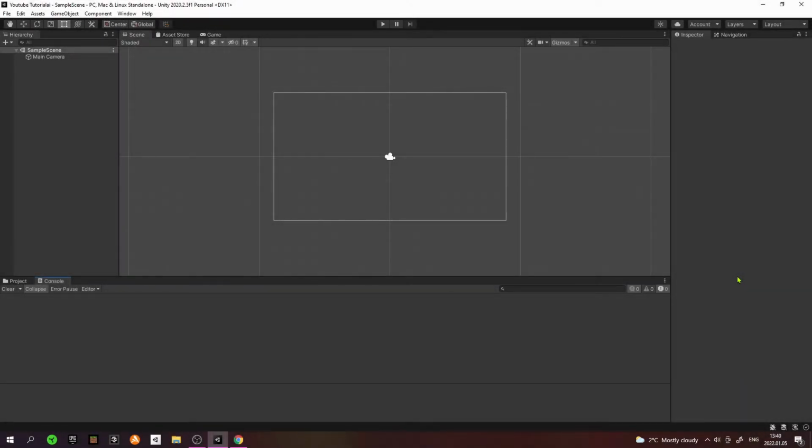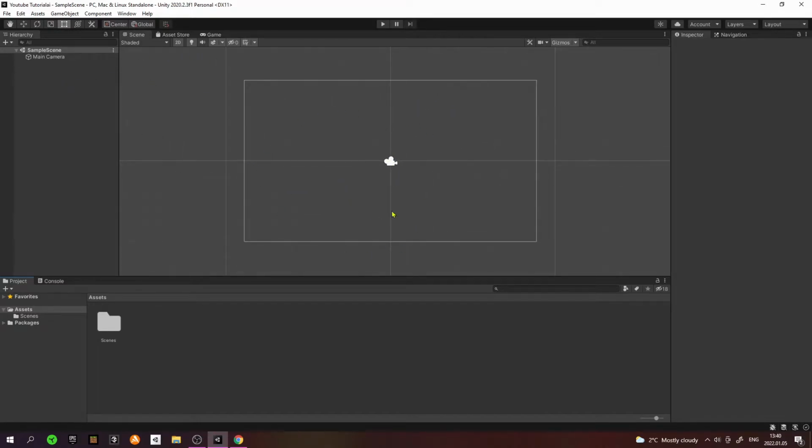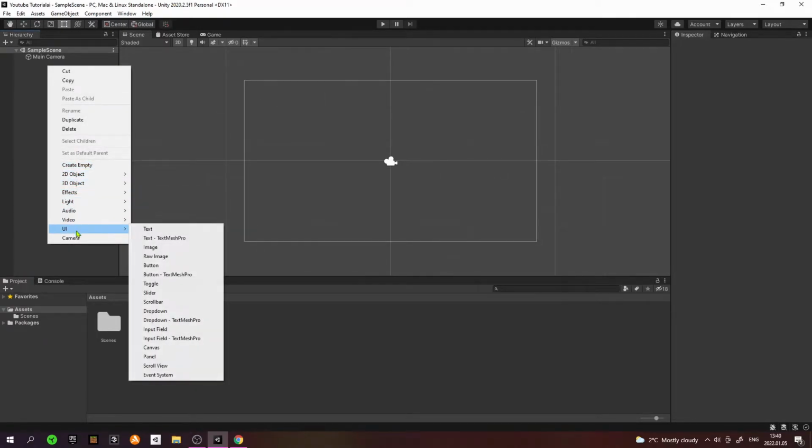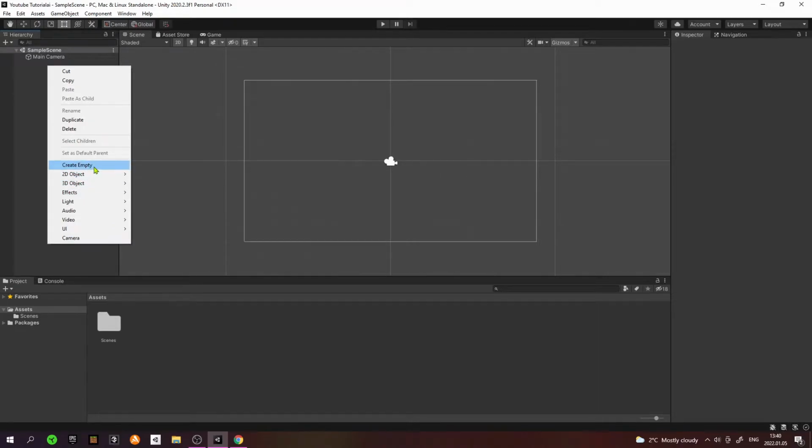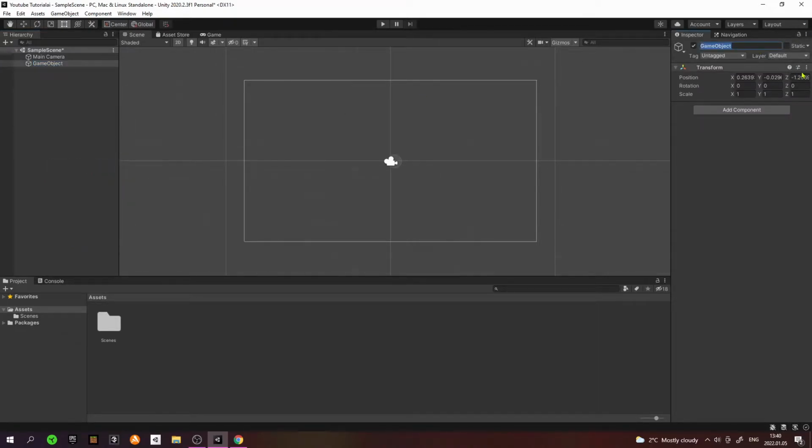So hello everybody, and today we will be trying to make a main menu for our game. It works for 3D and 2D games too, but now we're going to do it for a 2D game, so we can go ahead and create a scene for our game. So let's make an empty, reset its transform and call it game, and make another object, reset it and call it